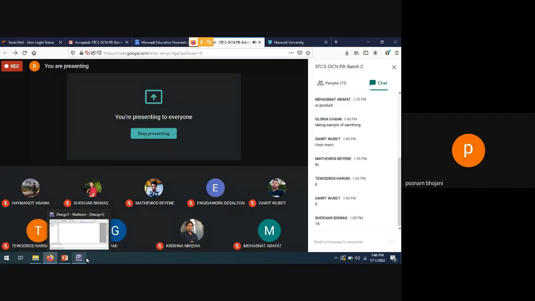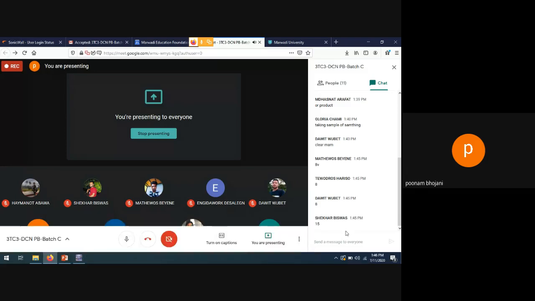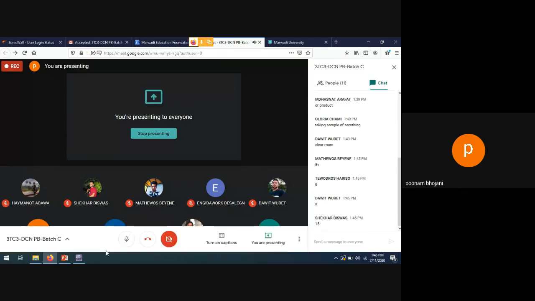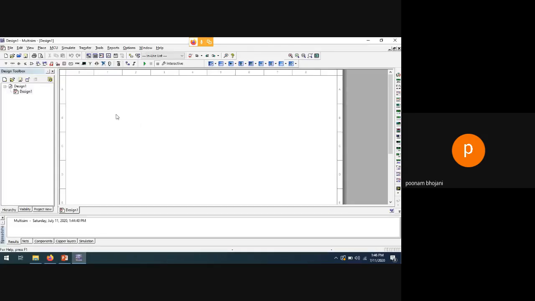So the possible cases are: both the signals in the multiplier are DC, then you are saying that you will simply get 15 volt. If one signal is DC and the second signal is AC, then what will happen? And the third possibility is if both the signals are AC, then what will happen? That we are going to see first in Multisim, and then I will say how the sampling will be done in Multisim or even in real life. Right, so let me first of all take